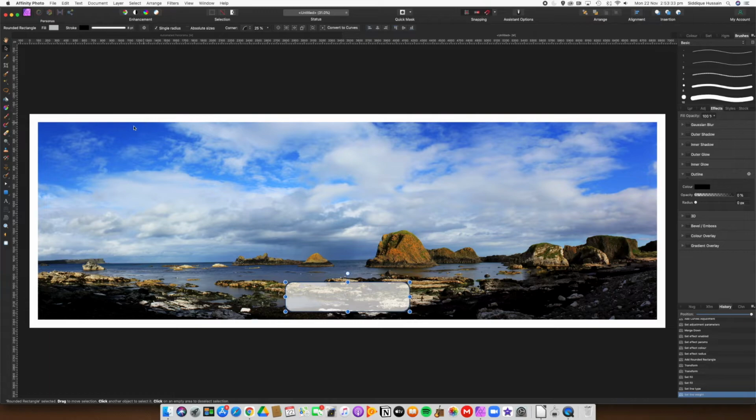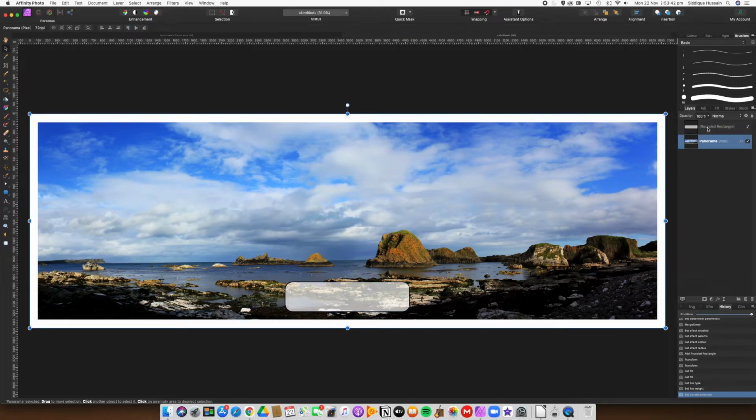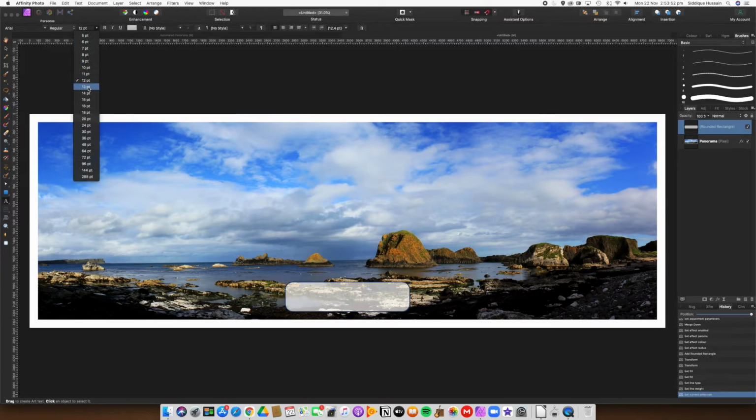Okay, now all that's left is to go back to the layers palette on the right hand side, make sure that your shaped layer is selected, not the background, because we want to put some text on there. So make sure that's selected, click on the text tool, initially just roughly position it fairly large, and then just click and drag to give you a rough idea what we want it to be. And if we just put in an appropriate label,